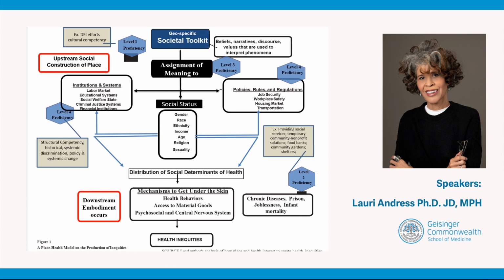Now, let's discuss how we're measuring the knowledge of the participants in the pilot. Note the little purple boxes. These are levels of proficiency of structural competency. And we are moving you from different levels of structural competency, starting at level 1 to proficiency at level 4. Level 4 proficiency is where we want to get, and this involves understanding how we can do work around systems, structures, and policies to achieve high-level macro change.